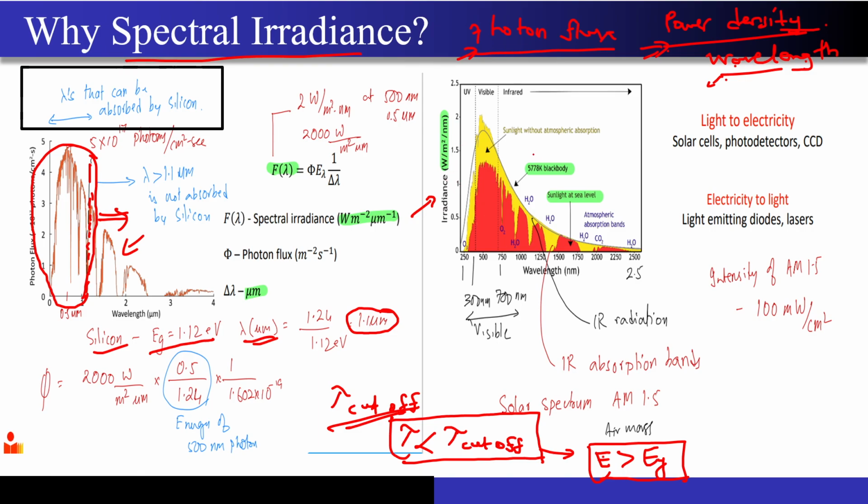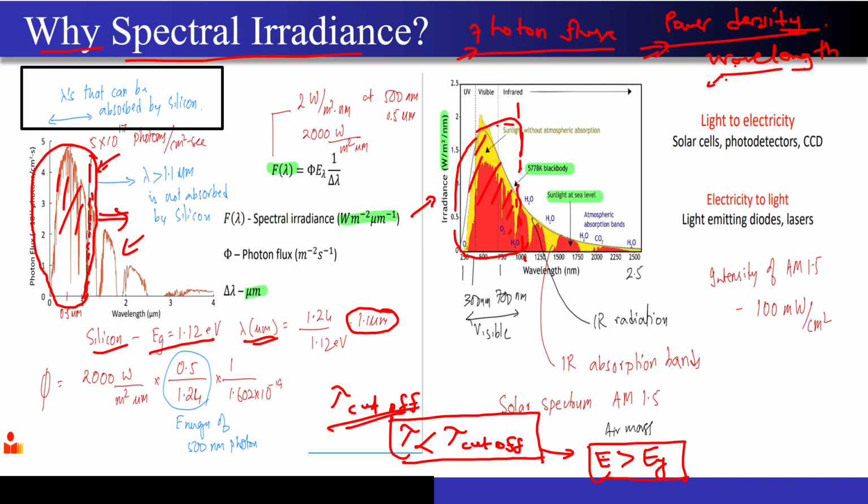Only then I can tell the total power that will be useful, which will get absorbed by the semiconductor material. I can just integrate this much area. If I take 1.1 micrometer over here, then only this much power I will integrate, and this will become my total power. Even though if I integrate the whole curve I will get a total power, no doubt, only this much power will be useful if I am designing optoelectronic devices out of silicon. So this is why the spectral irradiance is very important.